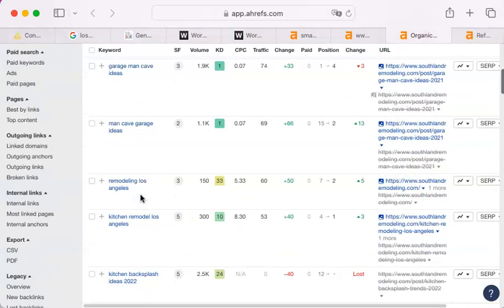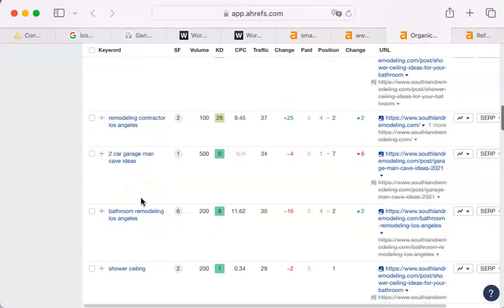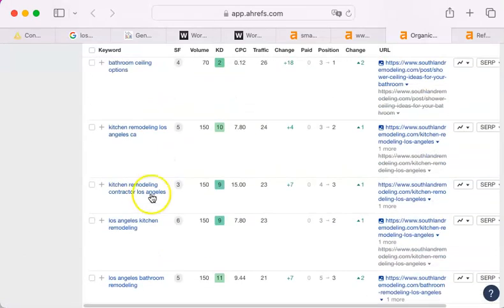Shower ceiling ideas, man cave garage ideas, two-car garage man cave ideas. Oh boy, maybe the next is going to be three car. No, kitchen remodeling